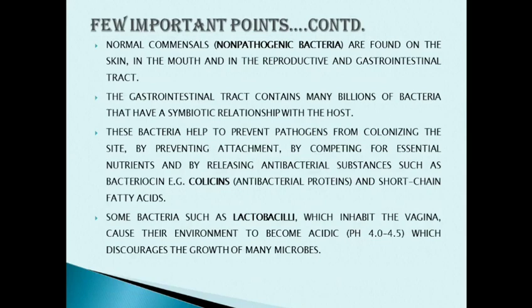Now, few non-pathogenic bacteria also exist in our body. As I have already mentioned, they are known as resident flora or normal commensal. They are found on the skin, in the mouth, and in the reproductive tract and gastrointestinal tract. Gastrointestinal tract contain many billions of bacteria, and they have a symbiotic relationship with us. Now, these bacteria help to prevent pathogen from colonizing the site by preventing attachment by competition, as I have mentioned, competition for space, for essential nutrients,